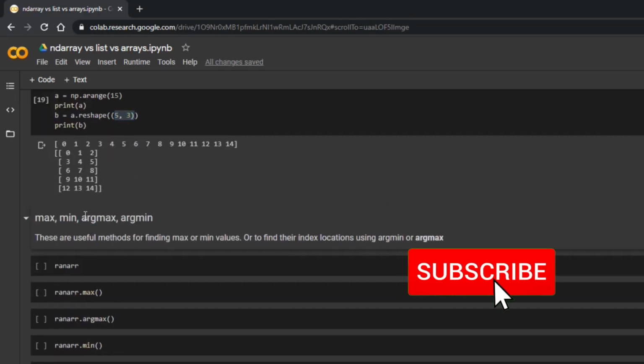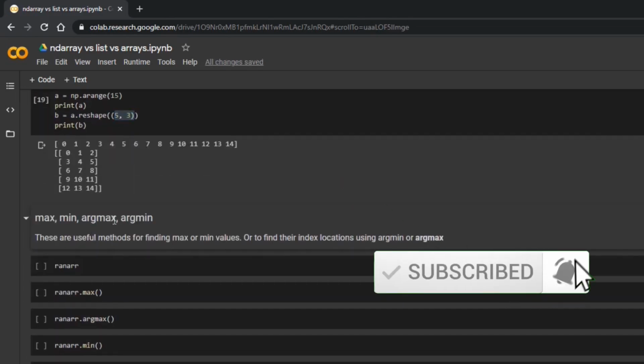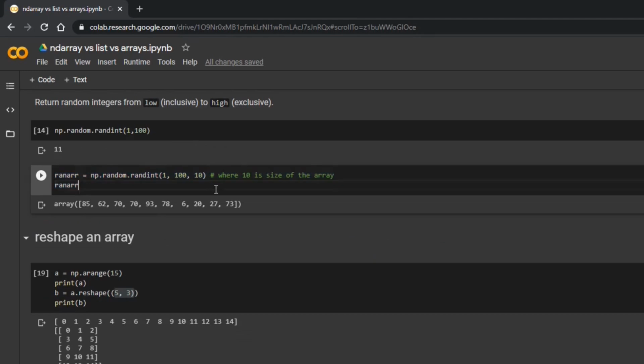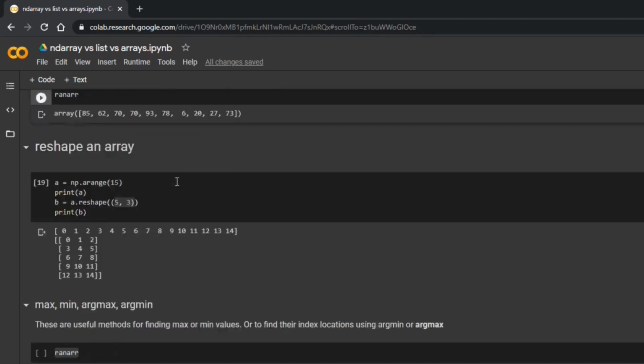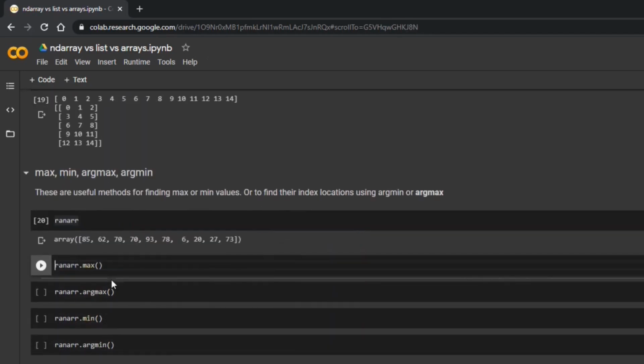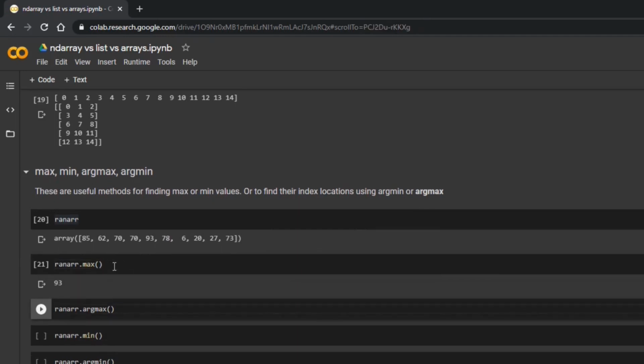Let's look at a few more simple methods: max, min, argmax, and argmin. So rand_arr is generated here. It's of size 10 with random values from 1 to 100. Let's print it again for reference. rand_arr.max, what will it do? The name suggests it will return the maximum number from it, 93.